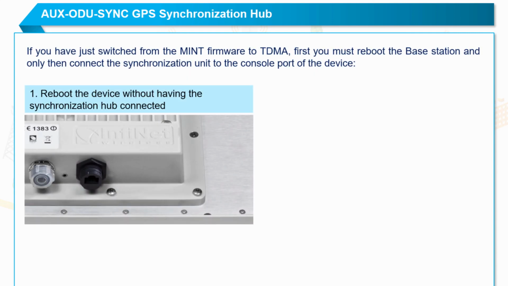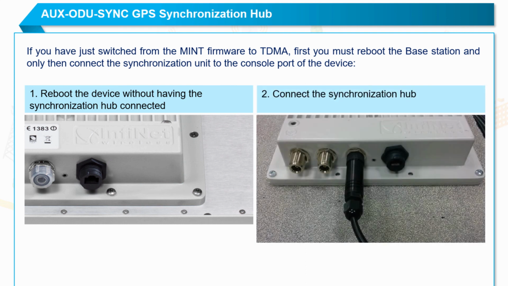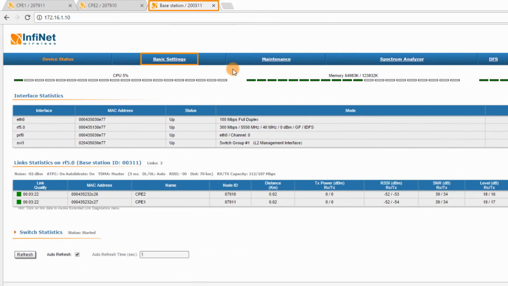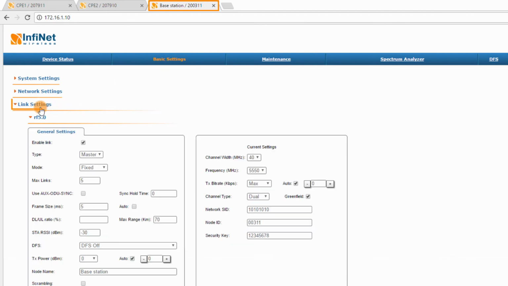If you have just switched from the Mint firmware to TDMA, like in my example, first you must reboot the base station, and only then connect the synchronization unit to the console port of the device. To enable synchronization, you must go to Basic Settings, Link Settings, RF50 on the base station and check the Use Auxiliary Audio Sync box. Then